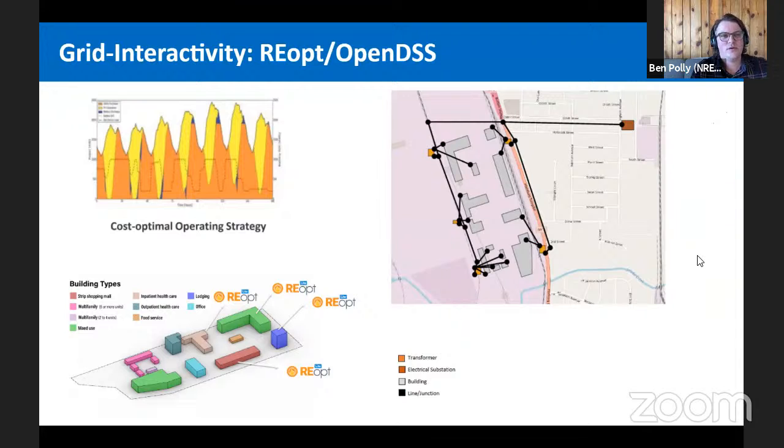So for the Grid-Interactivity modules, this part of our project is focused on enabling analysis at a community scale where we can look at trade-offs between building efficiency and building demand flexibility.